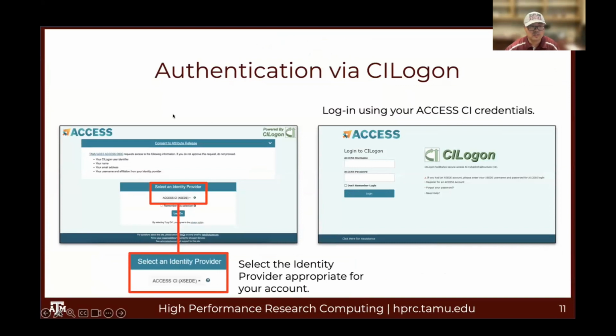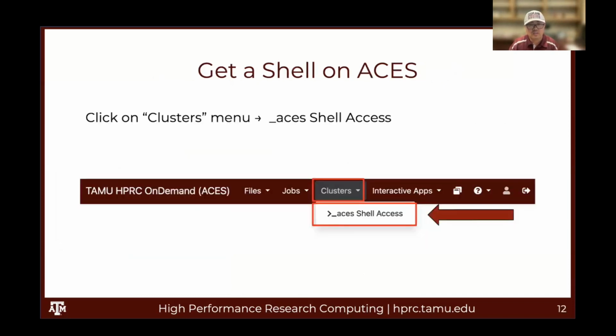Next, you will do authentication via CILogon. So you can see we will choose ACCESS CI, and also you will need to provide your ACCESS username and password, and then click log in. After that, I guess you will need to do the dual two-factor authentication. You will need to approve, for example, on my phone, I will have to approve it. So that's the process to get to our